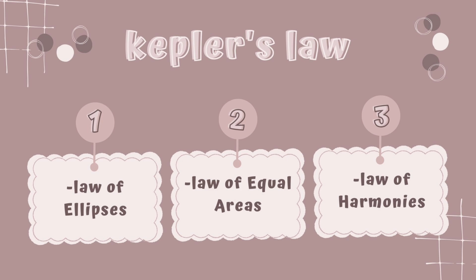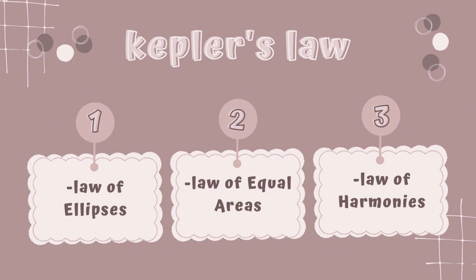Ang pangalawa naman ay tinatawag na the law of equal areas, where an imaginary line drawn from the center of the Sun to the center of the planet will sweep out equal areas in equal intervals of time. Ibig sabihin, a planet covers the same area of space in the same amount of time no matter where it